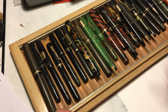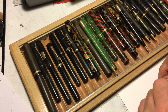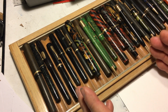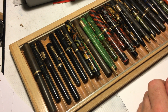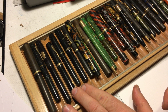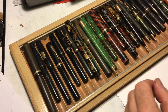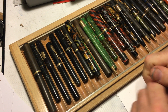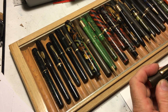If I have more than one or two of them, I have another alphabetical tray somewhere that has maybe three of a kind rather than a larger number. So I thought I would just reacquaint myself with these pens and show you maybe why I have them in my collection. So starting at this end, this is a large Chilton,